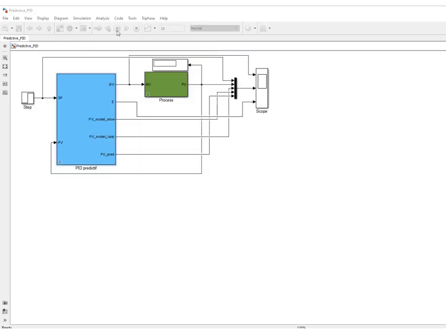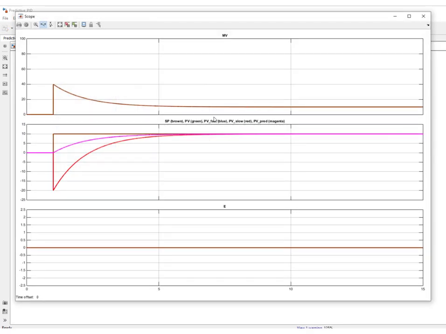Well, let us now run this predictive PID with the exact model parameters, and this is what you obtain. So here we have a set point change of 10, so at this time an error of 10, and since we want to accelerate the closed loop system so that the closed loop time constant is 4 times smaller than the open loop time constant and the gain of the process is 1, well, we have this proportional